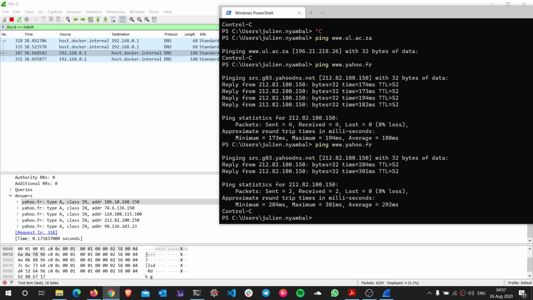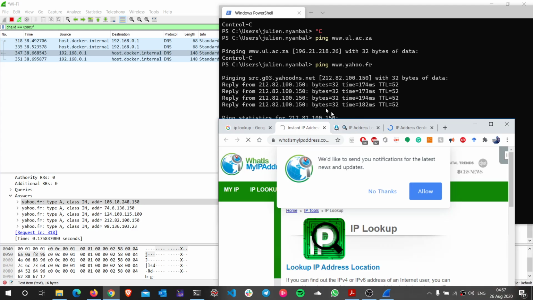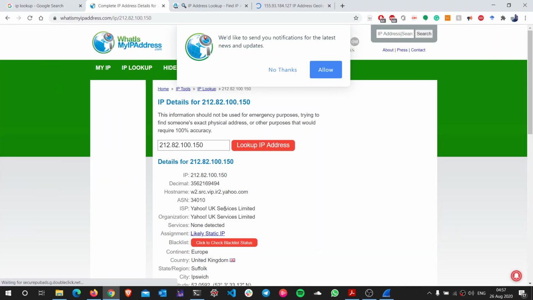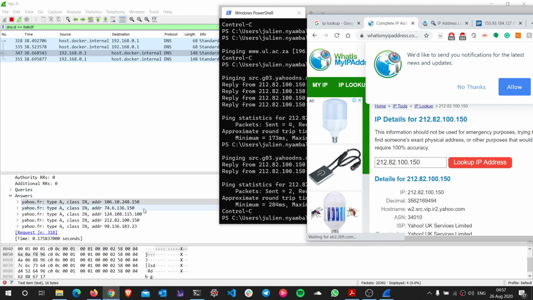If I'm doing an IP lookup here to see where that server is, I'll let you know now. So I just type any IP lookup server. The internet service provider of this one is in the United Kingdom, right? So if I type in the second, or let's say the first one,